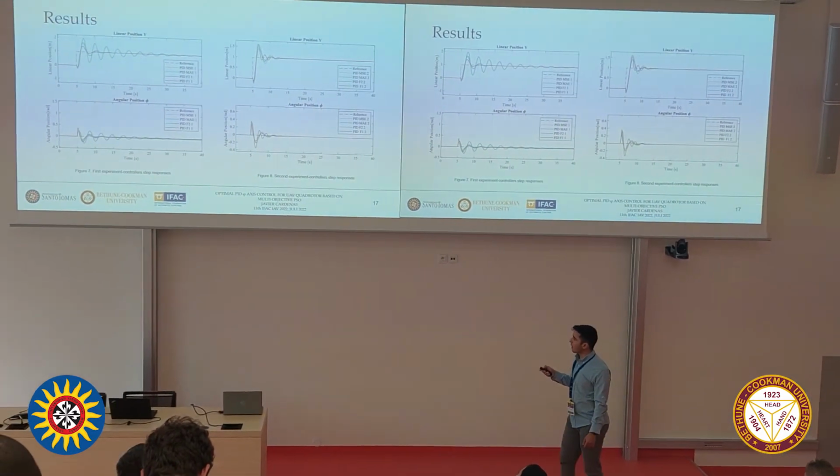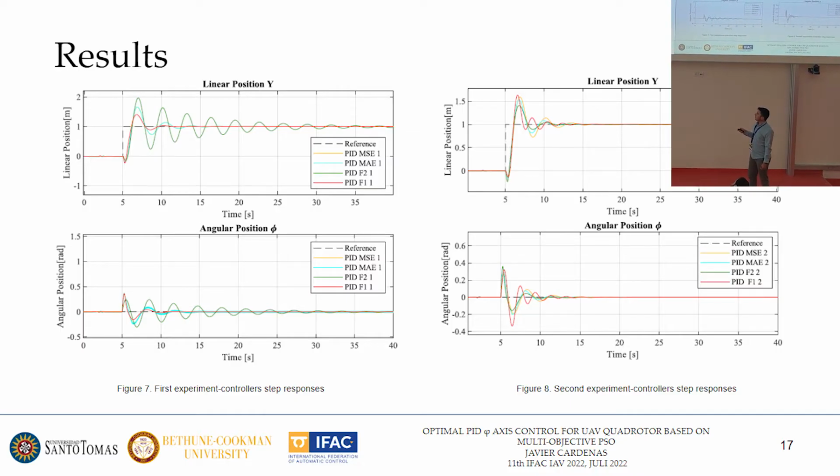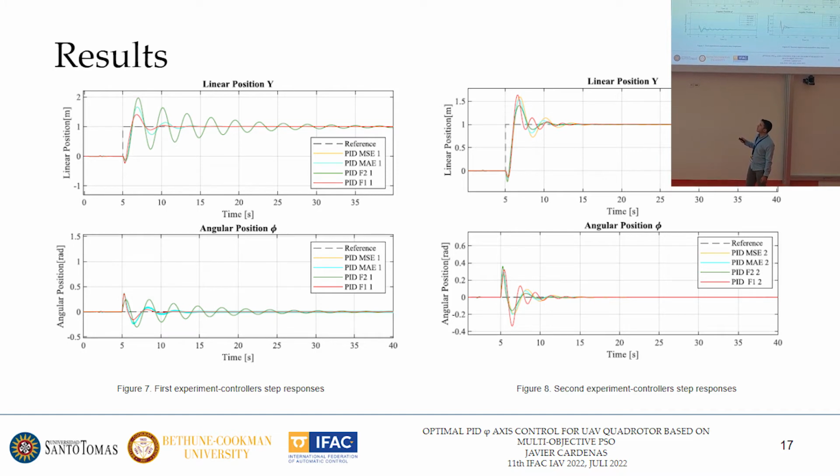As we have here, in the first experiment with the step response, the functions that are normally used for this kind of experiment are mean square error and mean absolute error. Well, they help with the system, but we propose two new cost functions that are better than the